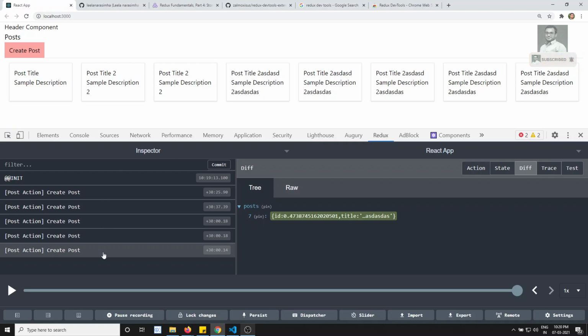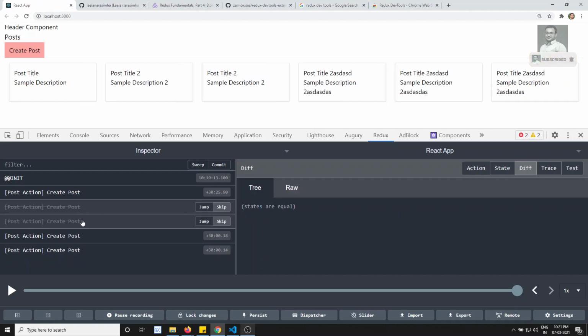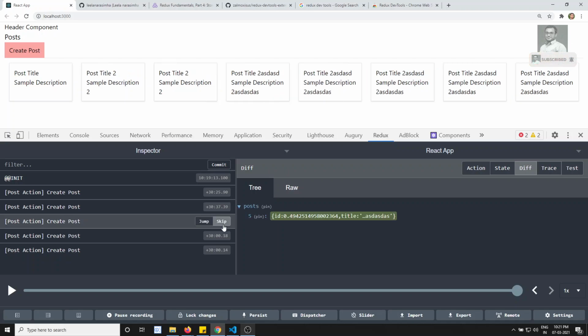Now if you want to skip a particular action, you can skip it. For example, if I skip this one, see, one state has been deleted. If I click skip here, these 2 actions have been removed from the actions, so it is as if these actions never happened in the application. Without those actions performed, we can check how the application looks in all these scenarios. If you want to get them back, you can click skip again, so that those actions get back again. Okay, this is the main thing.